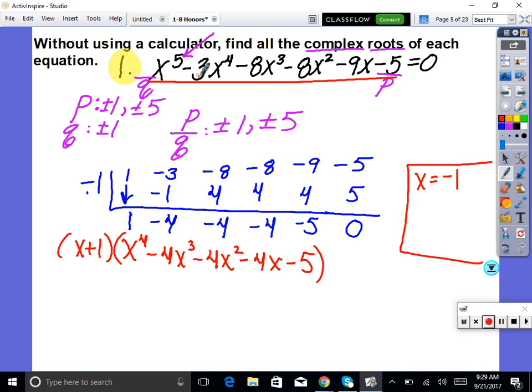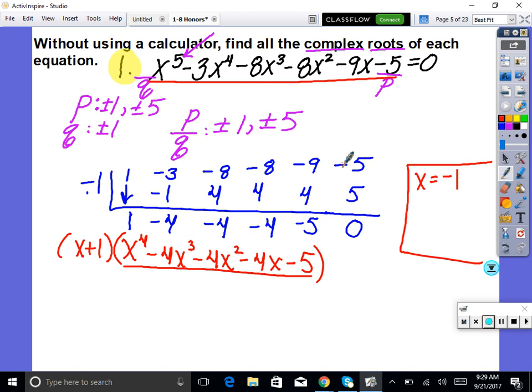Now what you could do is say, I don't want to keep testing values, and I wouldn't want you to if you could solve by a different method. Do we know how to solve this polynomial? Can we factor by grouping or anything here? We still don't know how to solve, so we're going to still continue with P over Q. However, everybody listen carefully. You are not going to go back and use these coefficients, because wouldn't we rather say,